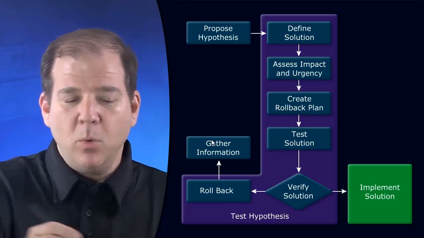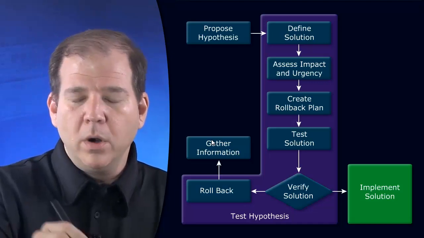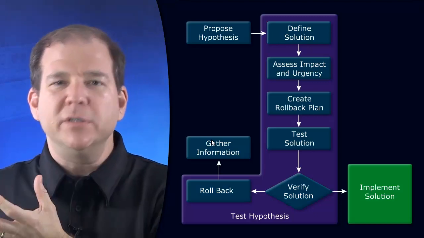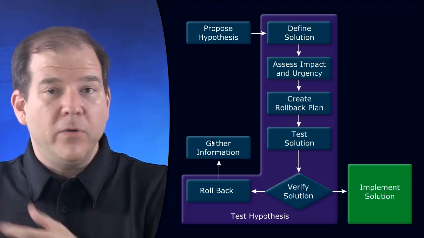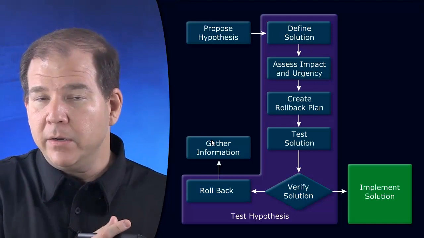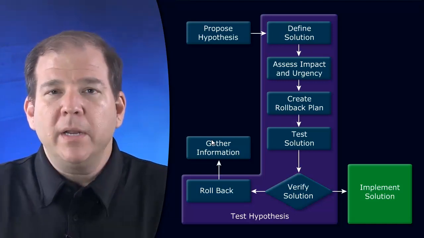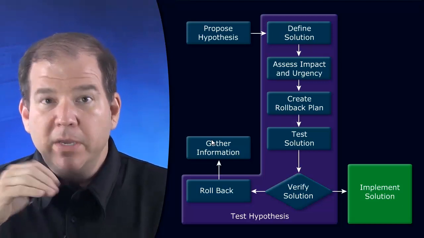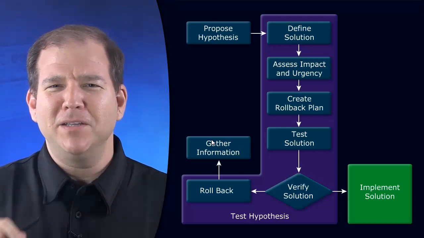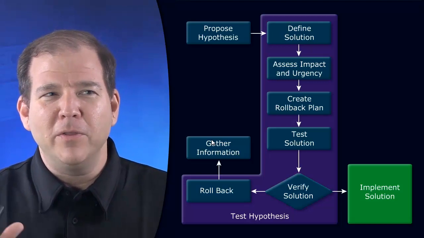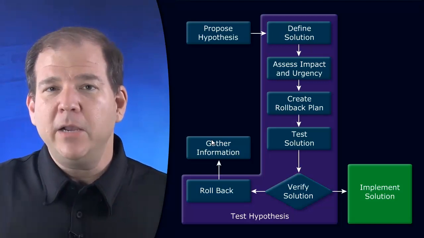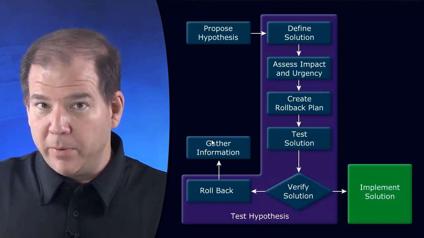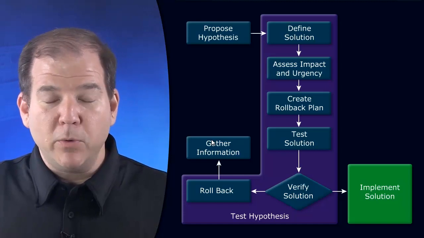And when we're testing the hypothesis, we're going to play a balancing act. We need to balance the urgency of getting something fixed right now versus the impact that it's going to have on your end users. True story. When I used to work down at Walt Disney World, I remember one time there was a situation where the key cards, I think they use little wristbands these days, but they had these, they called them Key to the World cards. These little key cards were the way that a guest would get into their hotel. They would get into the theme park with these cards. They would buy merchandise. They would buy food.